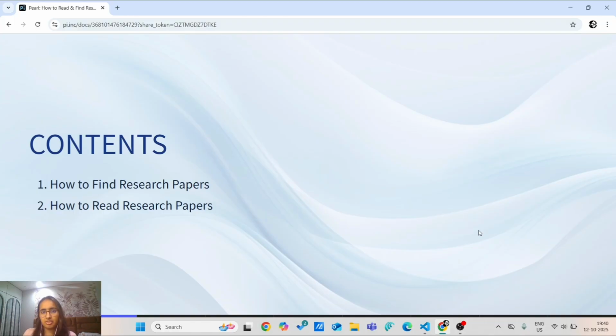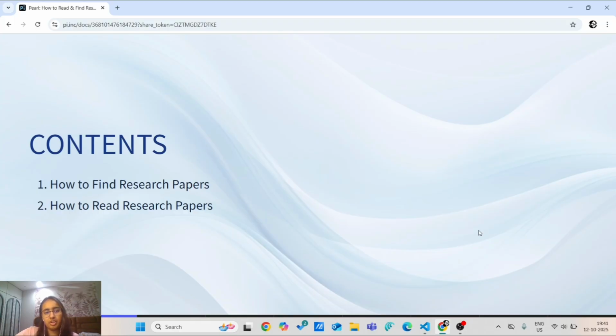After finding that secondary domain, you would take up the primary domain and the secondary domain and merge them together and see what is going on in that field, like what papers are being published, what the current approach is, and what the current methods being used are. From there, you would get some novelty and an idea of how you would write your own paper.